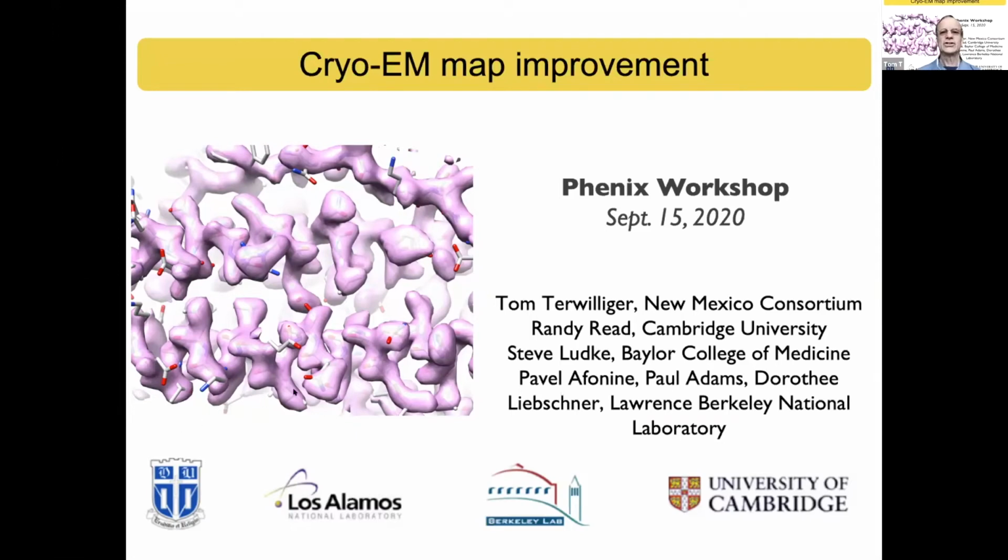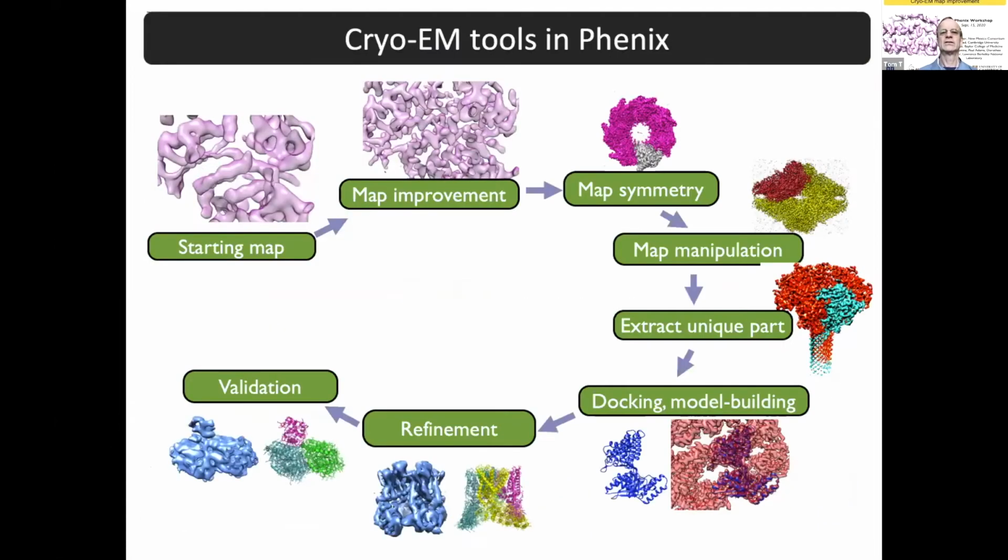So let's just talk a little bit about Cryo-EM map improvement. And the things I'm going to talk about, some of them are generic and some of them are from this wonderful list of people who have contributed in particular to density modification. So Paul already showed a slide that looked a lot like this that kind of shows the many things that you can do in Cryo-EM with Phenix tools, from the starting map